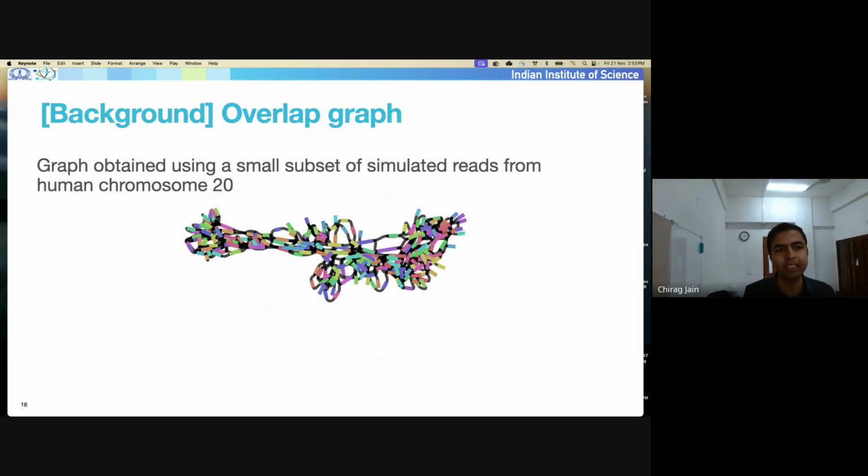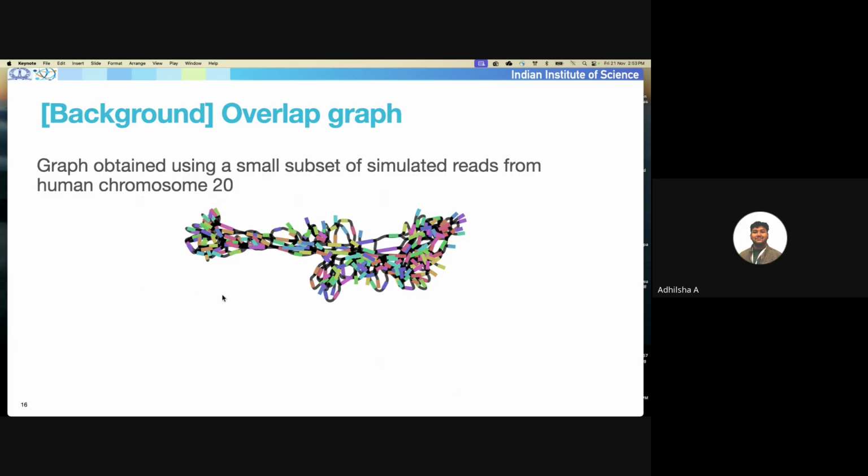Now suppose you take some similar data. In this example, I have taken a small subset of reads from human chromosome 20, just as a small experiment, and I created an overlap graph out of a small number of reads from chromosome 20. Now this overlap graph,